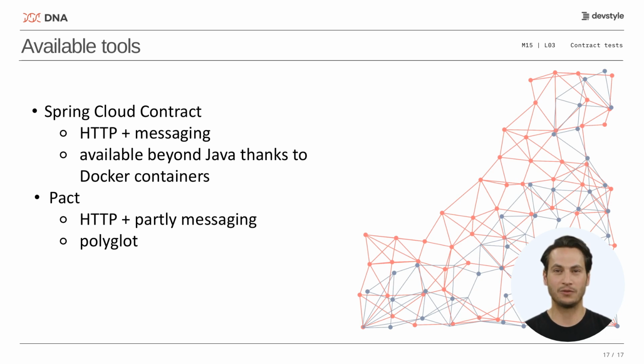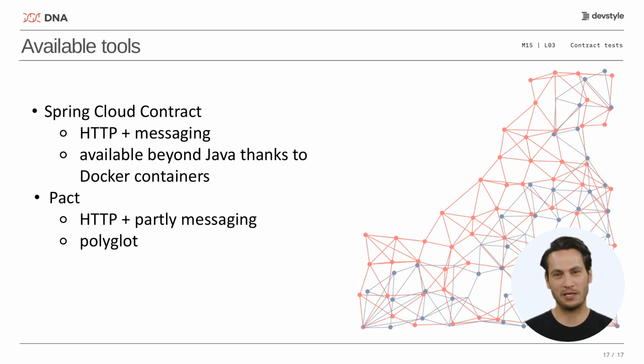Let's take a look at what kind of tools are available on the market in terms of contract testing. The first tool is Spring Cloud Contract, which of course is firmly embedded in the Java world, in the Spring world. But due to the possibility of using the Docker images attached to this tool, we can also use it for various other technologies, which you can see by looking at our project. There, Spring Cloud Contract is used both in a Java project and in .NET, PHP, and JavaScript projects. Spring Cloud Contract is built with the microservice architecture in mind. Therefore, it supports both HTTP communication and asynchronous communication,